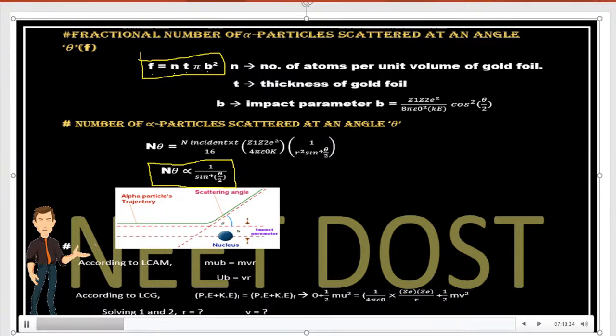And to derive, here is one important note point. Here we are seeing that alpha particles are projected in this way. Alpha particles are